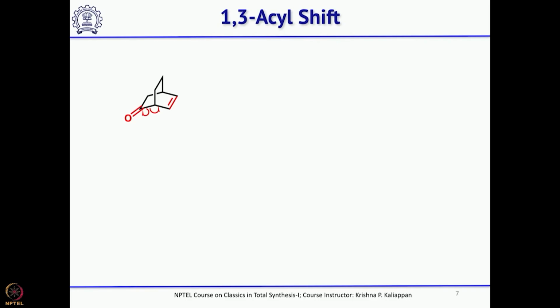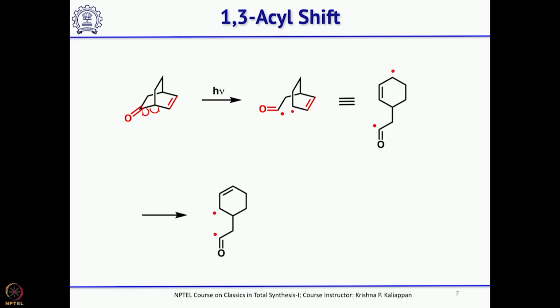When you do that, one can also expect another product, which is normally a minor product, arising out of 1,3 acyl shift. That is, when you do a photochemical reaction on this ketone, first Norrish type 1 cleavage will take place, where you generate this diradical, followed by migration of the double bond. Okay, the double bond will migrate and you will get the corresponding allyl radical. Okay, what will happen now? This will migrate, or here you can write like this, and this diradical will combine